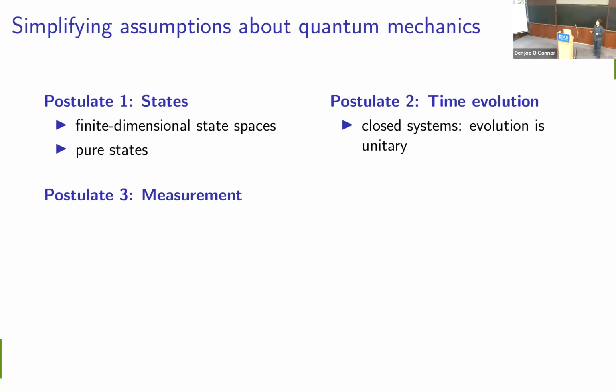In terms of measurements, in the quantum world, if we want to read out information, gain information about our system, we have to measure it. And again, we can often restrict ourselves to just the simplest case of measurement, which is Hermitian observables, or even just one specific Hermitian observable that people sometimes use. I'll get onto that on the next slide.